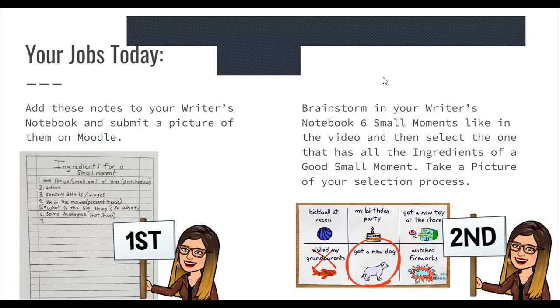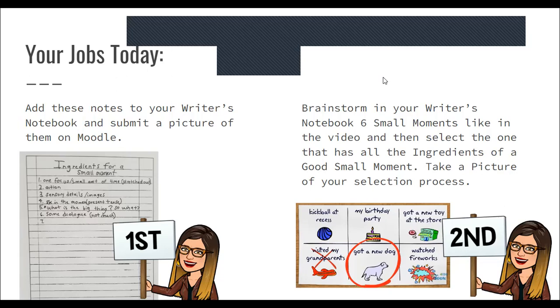Then you need to draw them and write them just like in the picture. Okay, it doesn't have to be a perfect picture. It doesn't have to show me all the details, just one little image that helps us remember what it is. Like she put kickball at recess and she just drew a ball. Okay, so she didn't have to draw everybody playing kickball, just a ball. So just 6 simple pictures and a little tiny description of what it is.